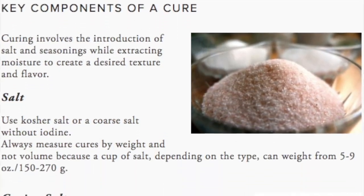If you're going to go about curing your own meat, make sure you do your research, read whole books about it from the experts. I got The Joy of Smoking and Salt Curing. This is a real good book. There's great web resources